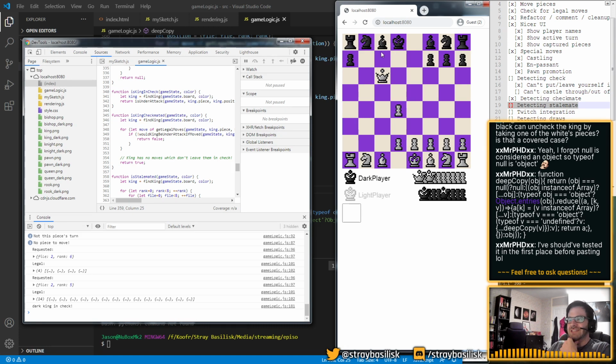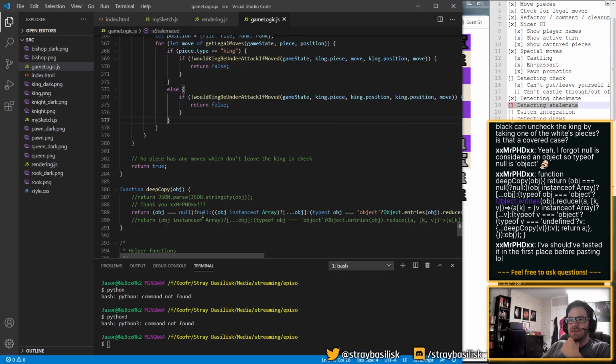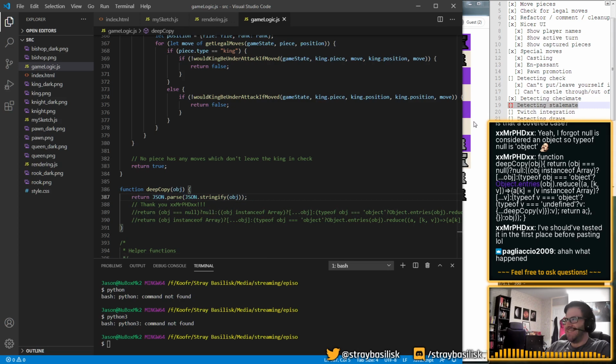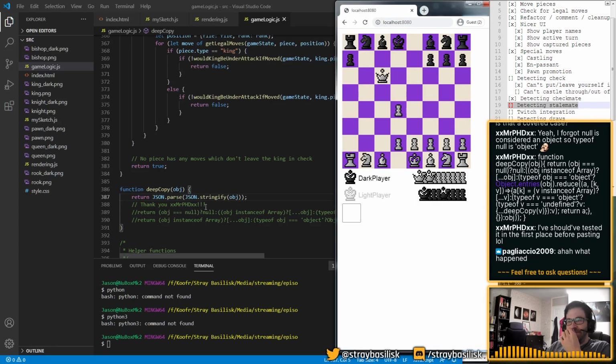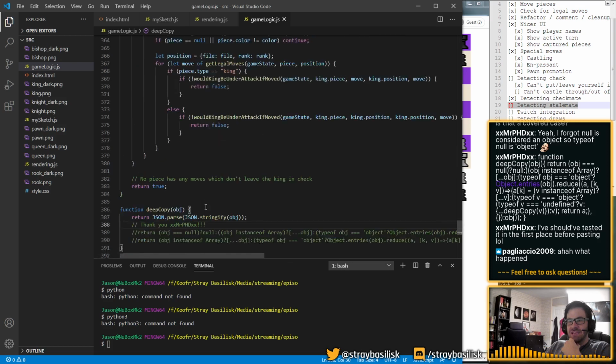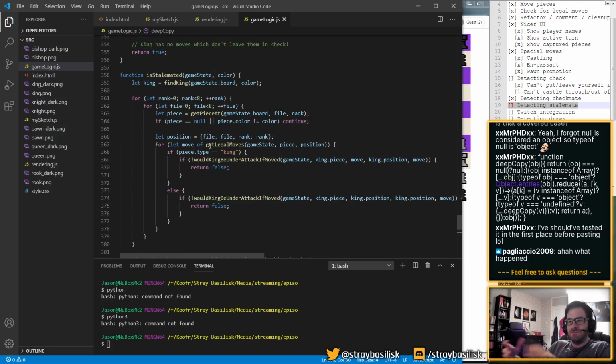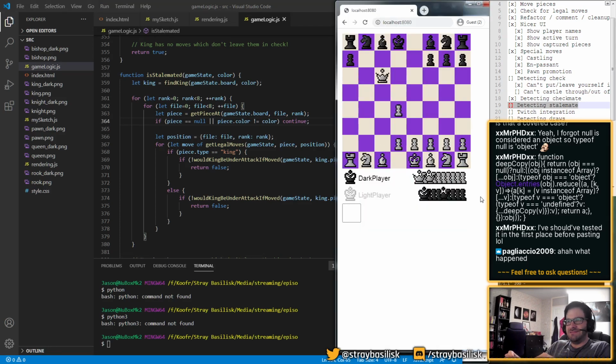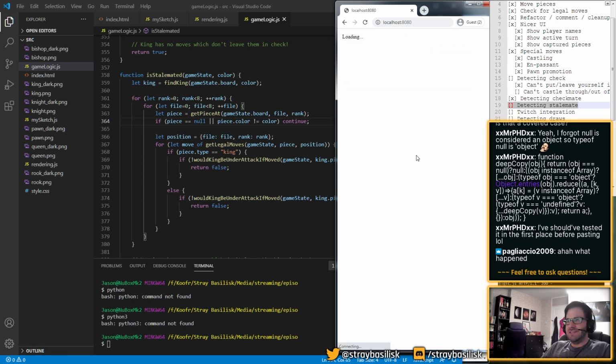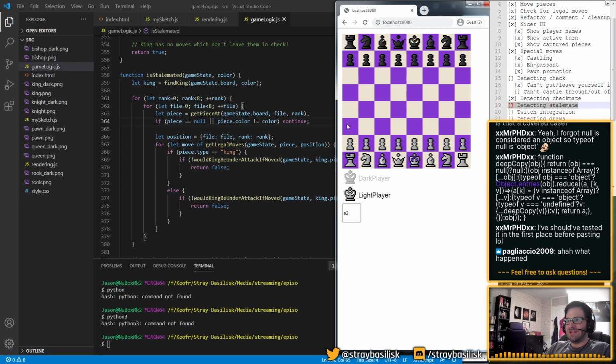It reverted to an old state. I'm sorry, I'm blaming this again. It must have been something to do with where we cloned this state and then something leaked, like some reference got leaked, and we made a change, and it sort of reverted in some way. I'm not sure exactly what happened, to be fair.